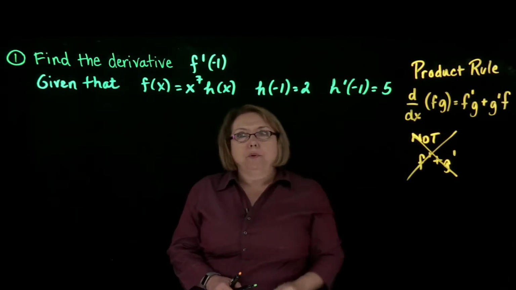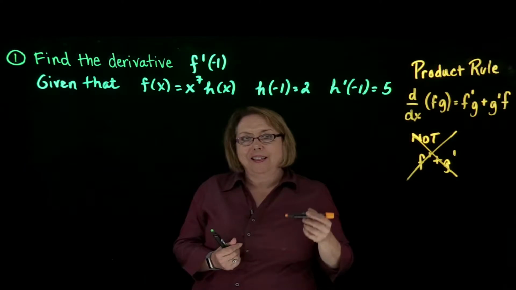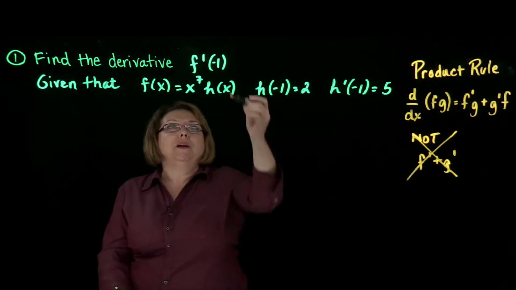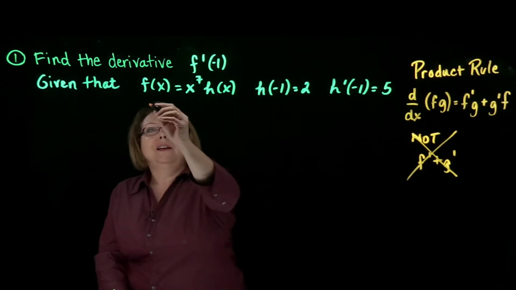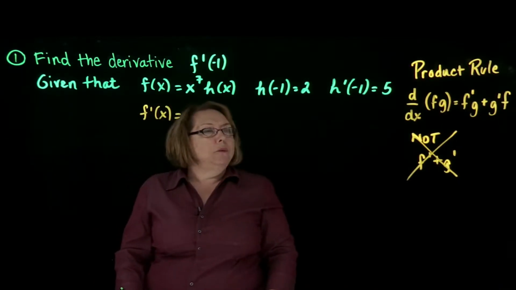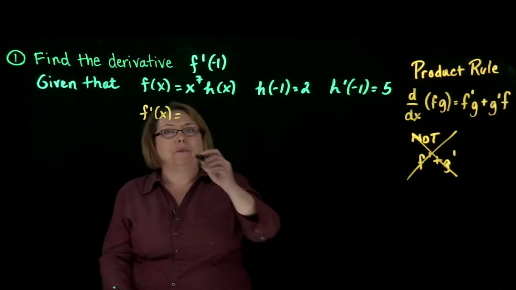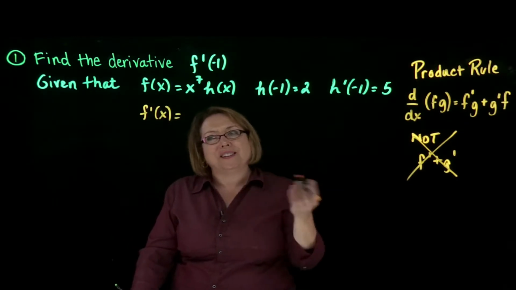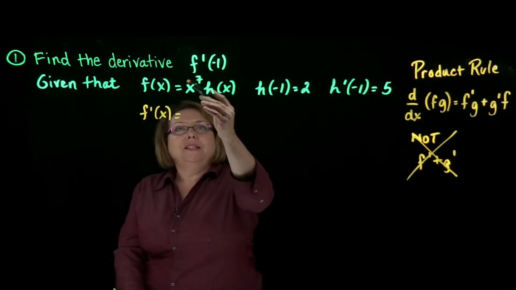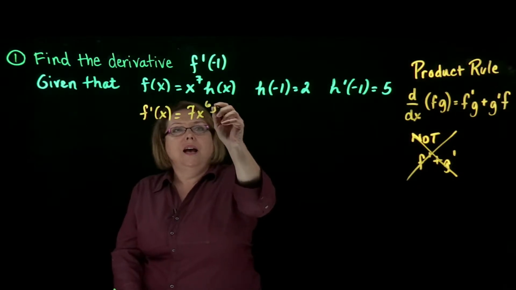But let's just use our product rule again on our function f of x, and we'll start to see that what we need and the information that we're given, we'll be able to use it to solve this problem, finding f prime of negative 1. So finding f prime of x then, once again using the product rule, let's let x to the 7th be our function f, and I know we're using f here again, so I apologize for the duplicate name, and then h of x would be our function g. So let's take the derivative of x to the 7th, which would be 7x to the 6th times h of x,